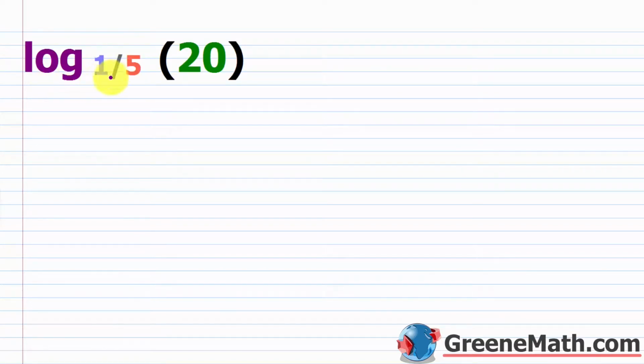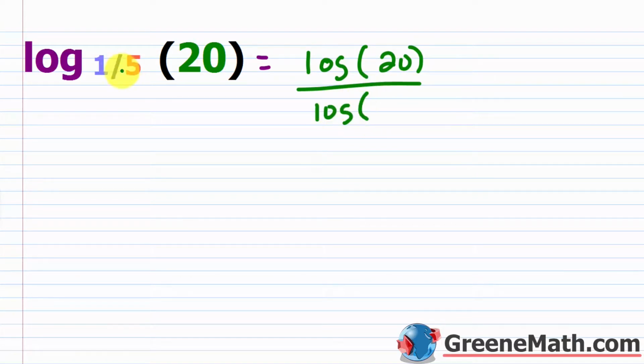So we have log base 1/5 of 20. So again, to set this up, I'm going to say this is what? You can use ln, the natural logarithm, or you can use log, the common logarithm. Either one of those keys will be available. So I'm going to use the common logarithm. So log of, again, the argument here, so 20, over log of, again, I'm going to use this base here,